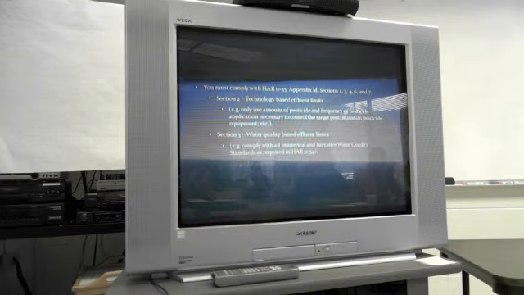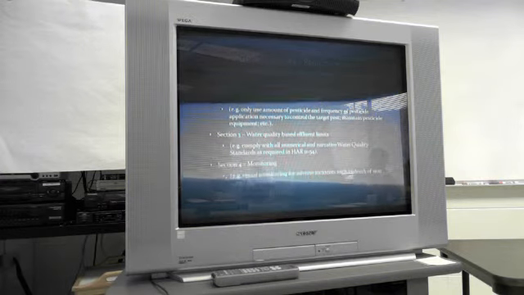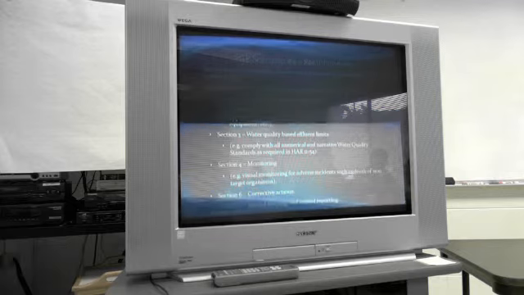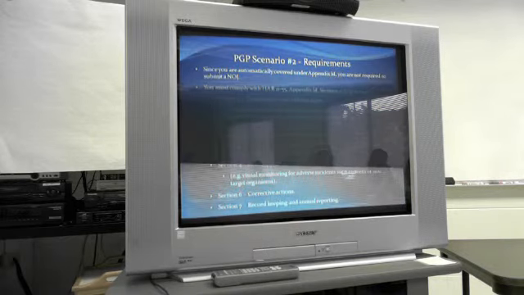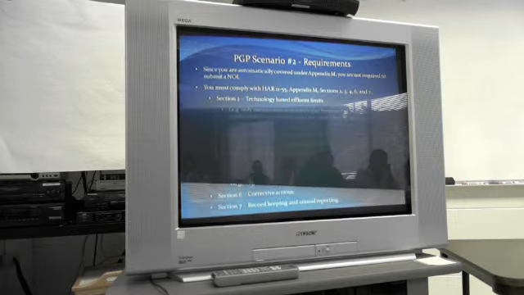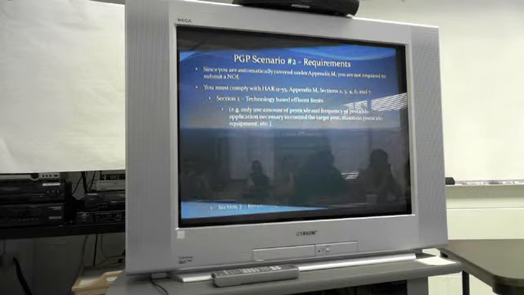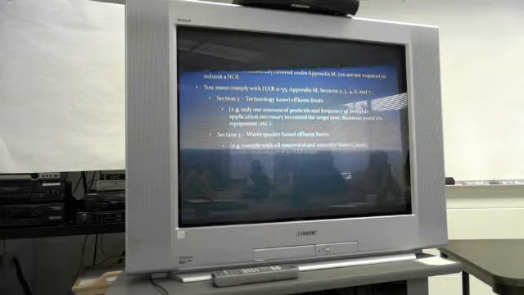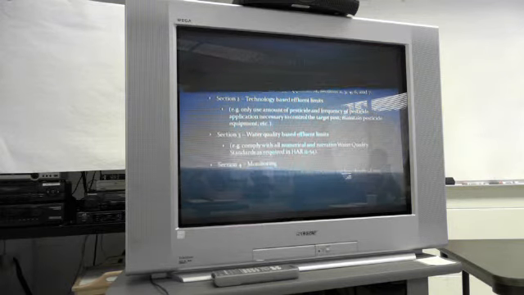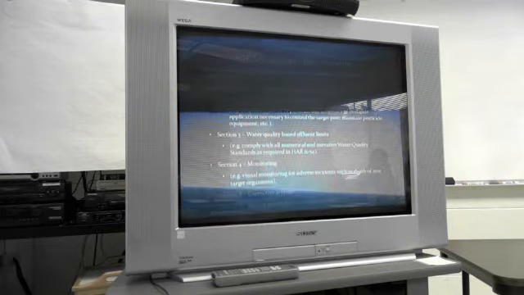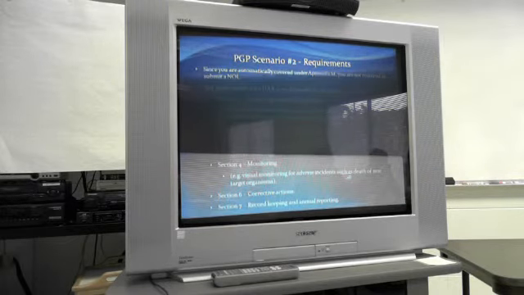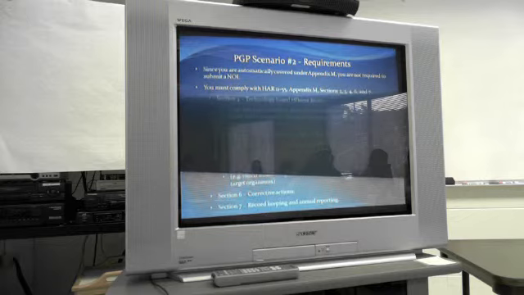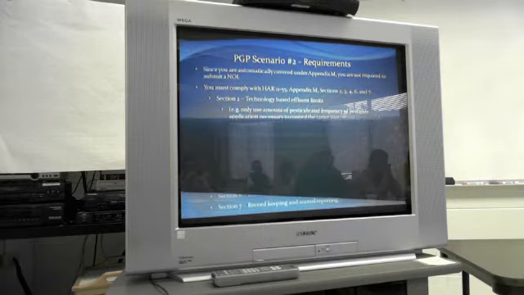Section 3 is the water quality-based effluent limit. For example, you must comply with all numerical and narrative water quality standards as required in HAR 11-54. Section 4 is monitoring requirements. For example, visual monitoring for adverse incidents such as death of non-target organisms. Section 6 is corrective actions, and Section 7 is record keeping and annual reporting.